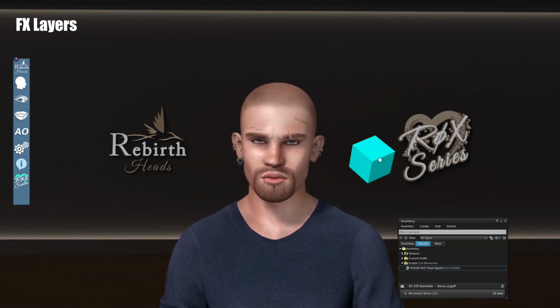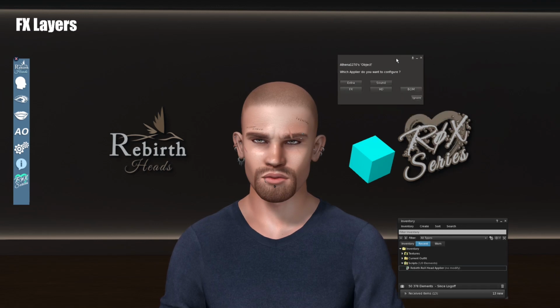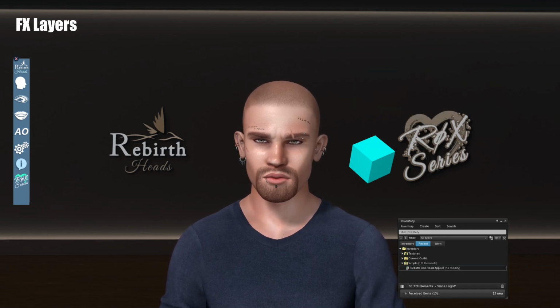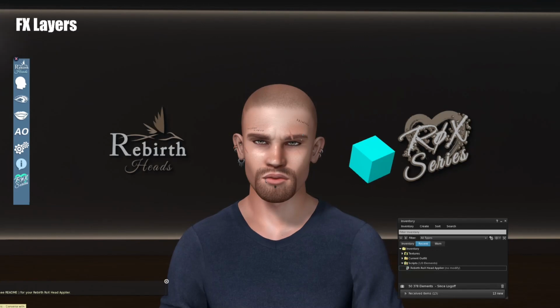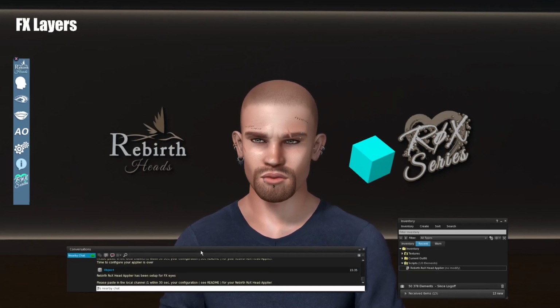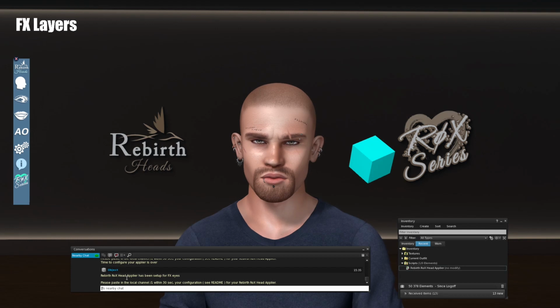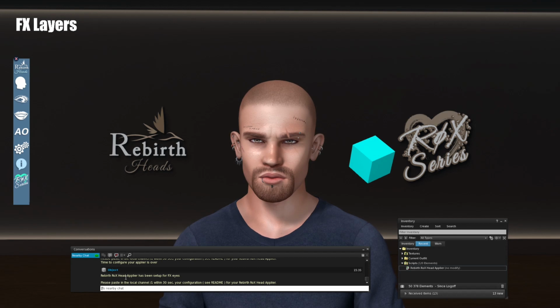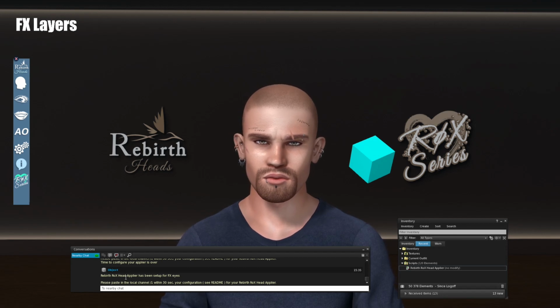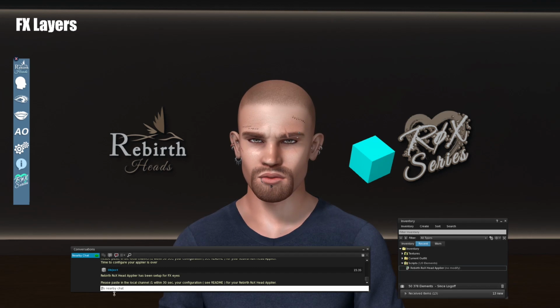We click on the HUD. A menu appears and we will select FX, a second menu appears and we select FX Eyes. And in the chat, which appears here, a message tells us to type in channel number 1 the command line that we have previously prepared. Note that the channel may change if you configure a multi-applier item, but that is not the subject of this video. To write in channel 1, just type a slash, followed by 1, and a space, and finally we just paste our command line.